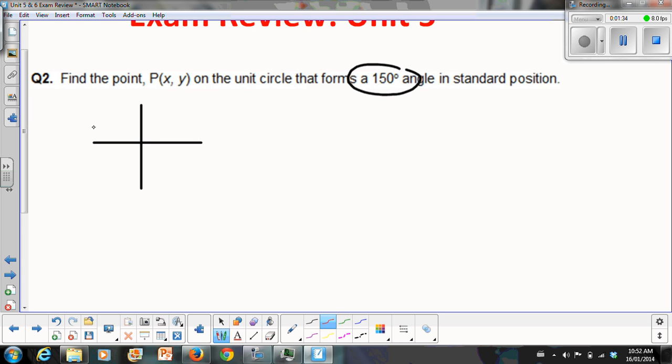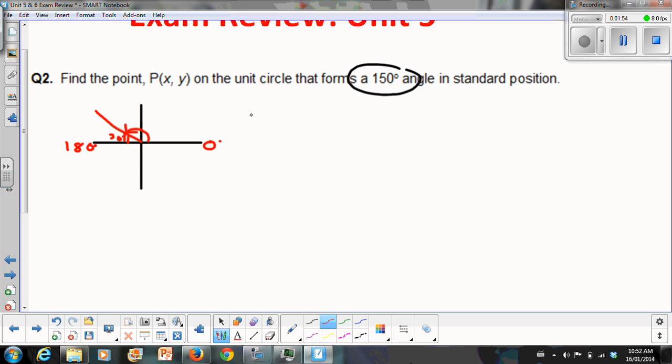A 150-degree angle would be somewhere in quadrant 2, because we know that we start on the right side at 0 degrees and on the left at 180 degrees. Therefore, to rotate 150, we would be around here, and that would leave us with a 30-degree related angle underneath